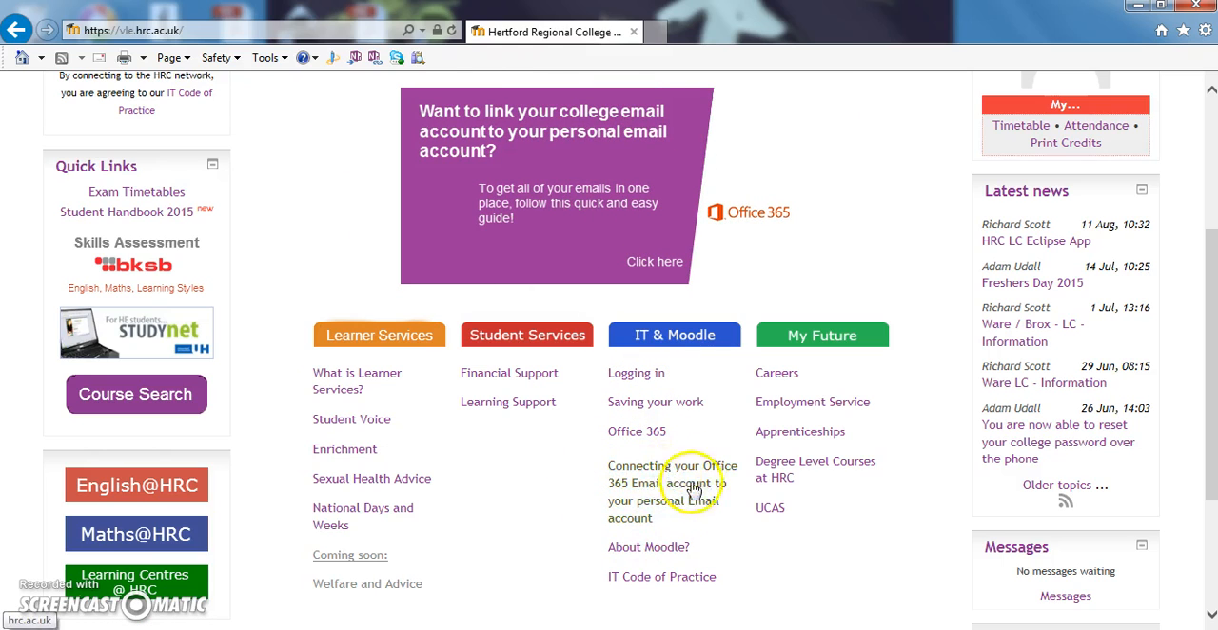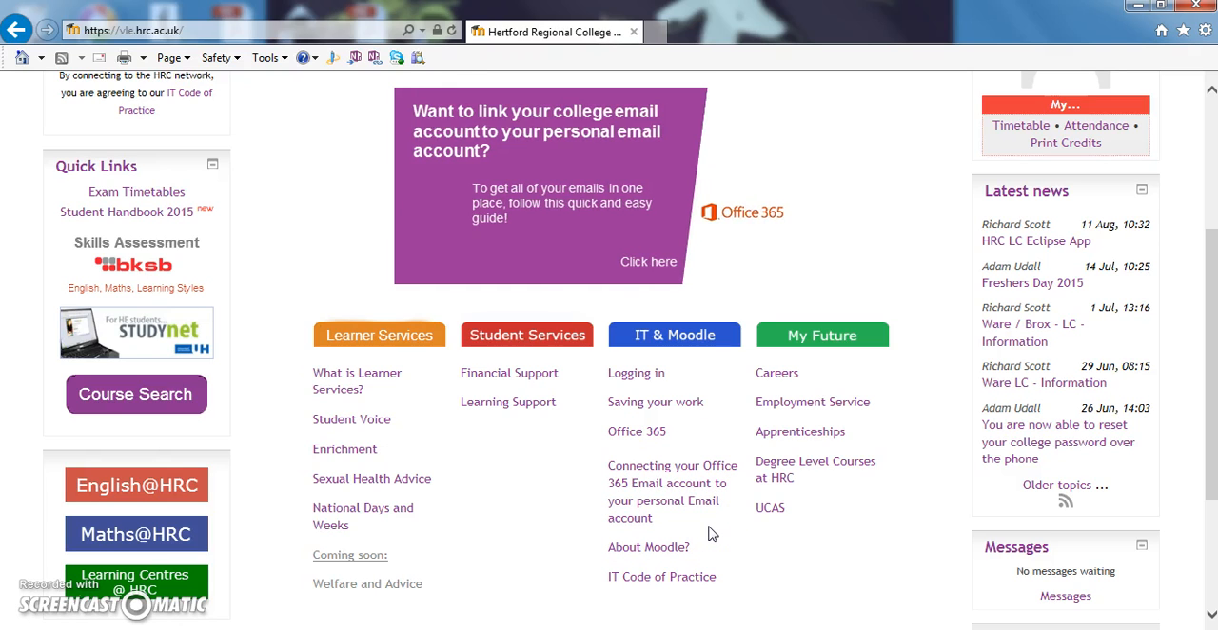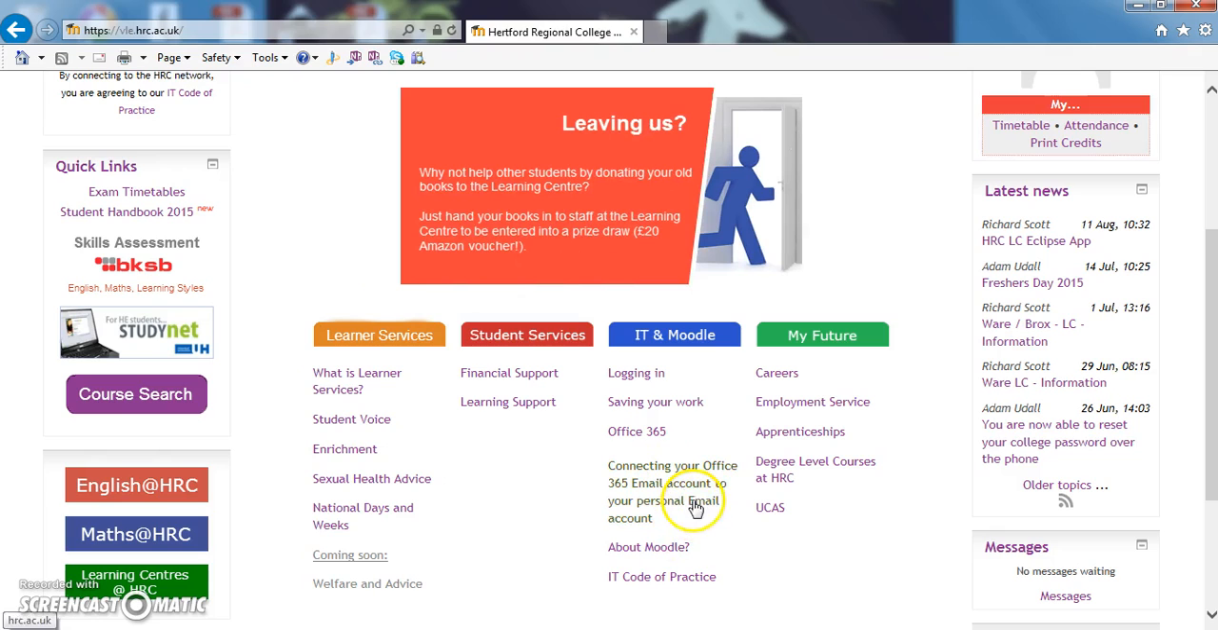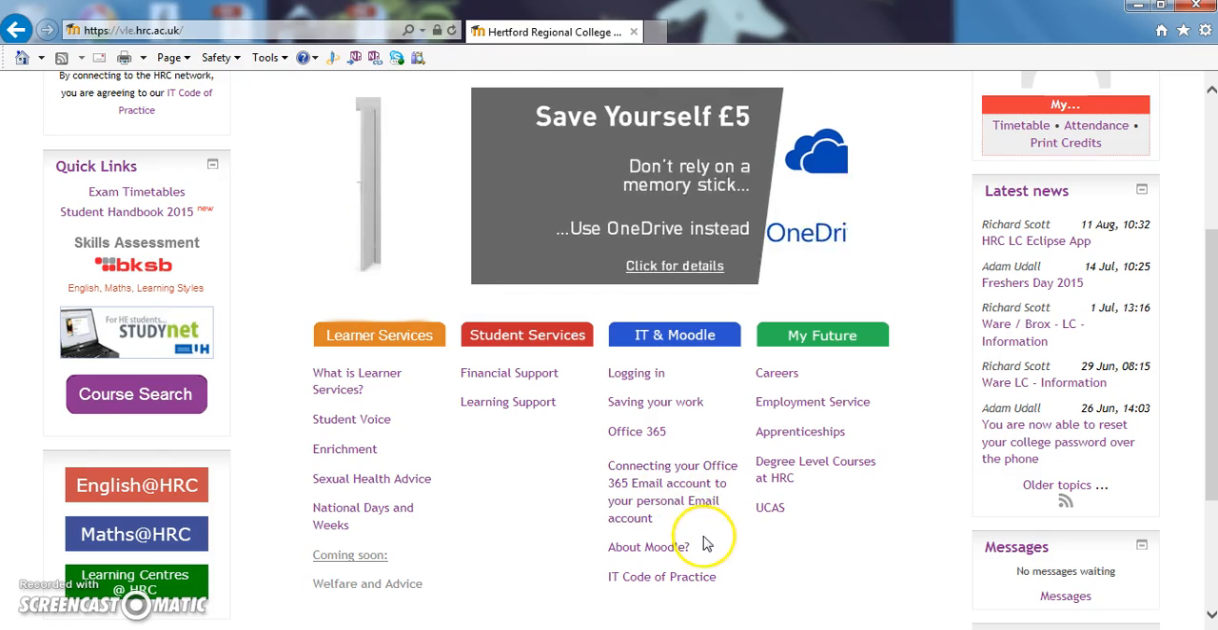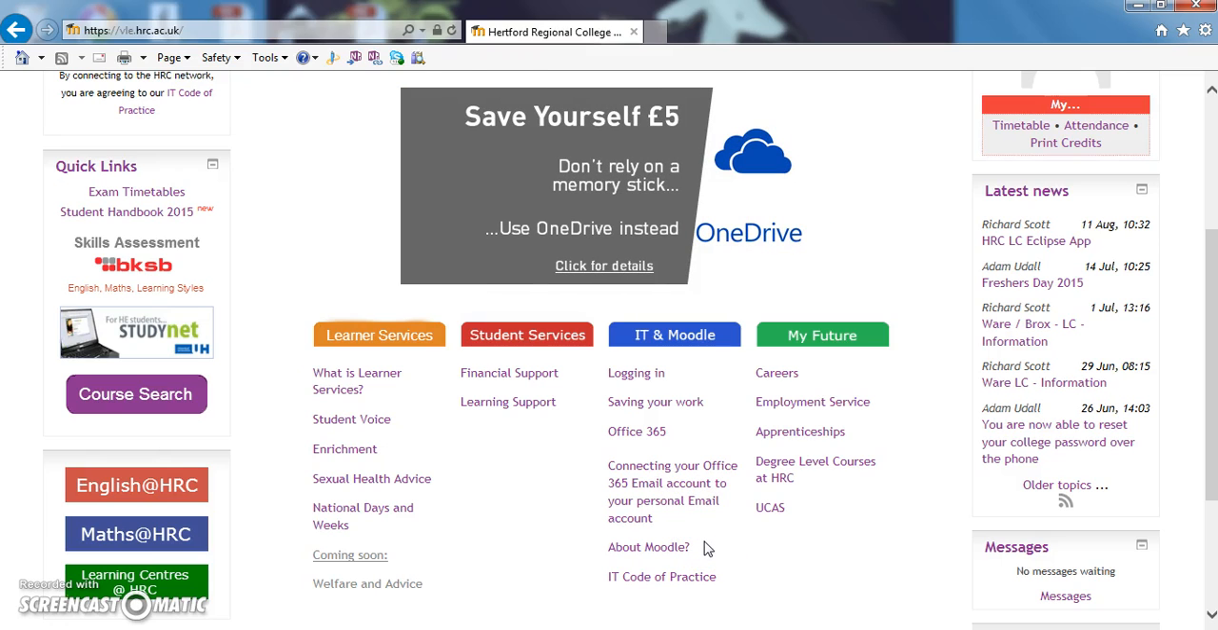And you can also forward your college email to a personal email account, so there's no need to miss an email sent by your tutor or one of your course mates on the course. There's a bit here about careers as well under the My Future, so just have a look at the info